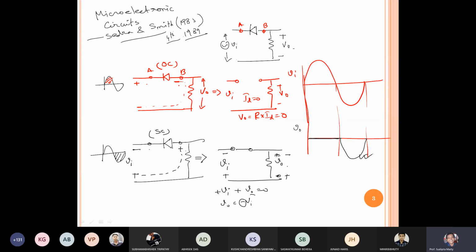Okay, so in this way do not remember anything. Place the diode and give the input signal as per our assumption. That means whatever we are doing in the class, first positive half cycle, then negative half cycle, and do as it is. Simple, you will get the correct result always. It can take time, 5 minutes, but you will always get the correct result. Okay, don't try to memorize anything.